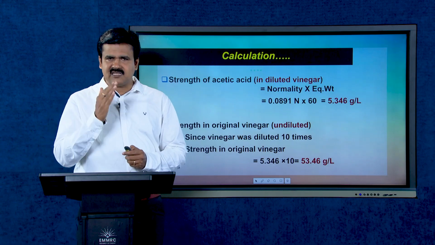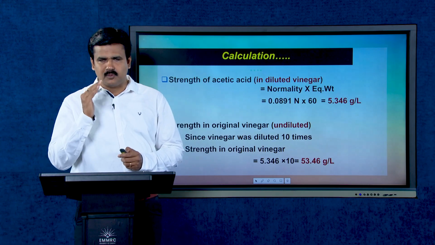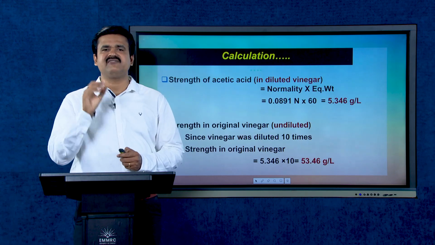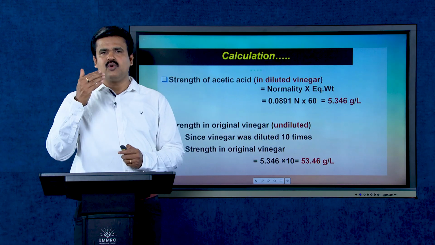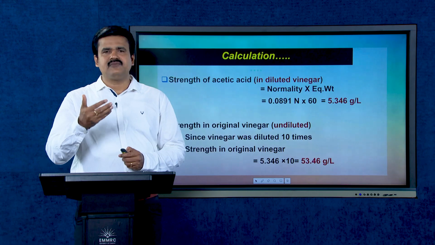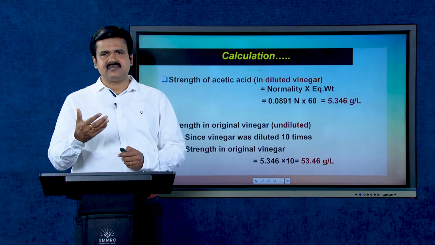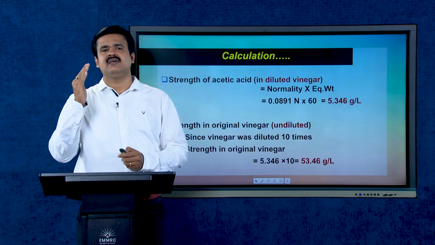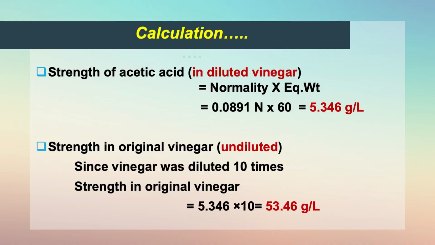So, the strength of original vinegar is obtained by multiplying the weight of diluted vinegar per liter by 10. 5.346 multiplied by 10 gives the weight per liter of the original vinegar provided, that is equal to